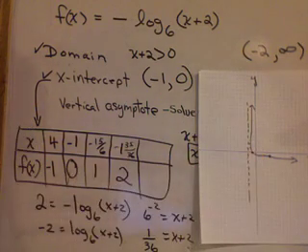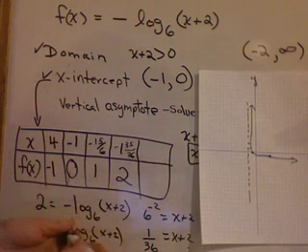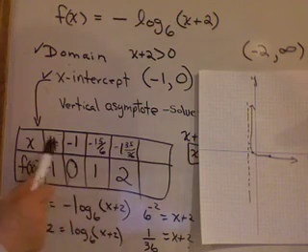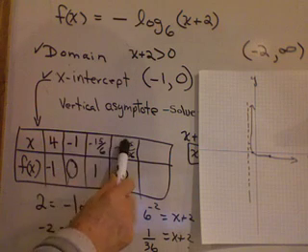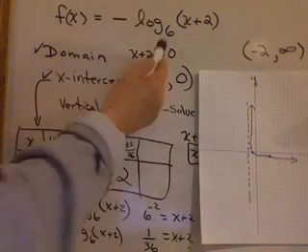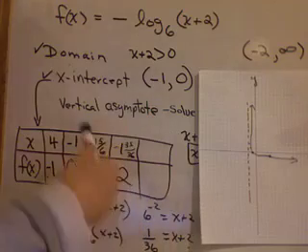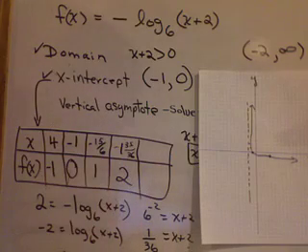So, I guess my graph is right. What's weird about this is we kind of did the chart different than normal. Normally you pick numbers up here and you find the f of x values or the y values. But in log equations, sometimes it's better to figure out what you want here and work backwards. So try that when you